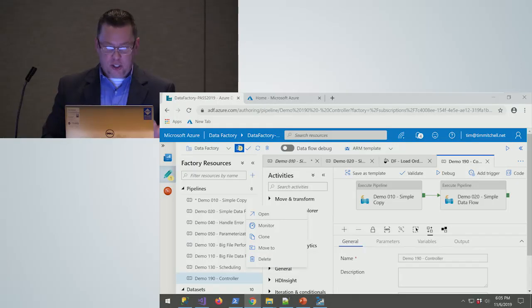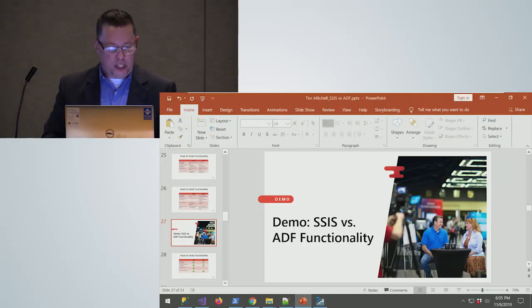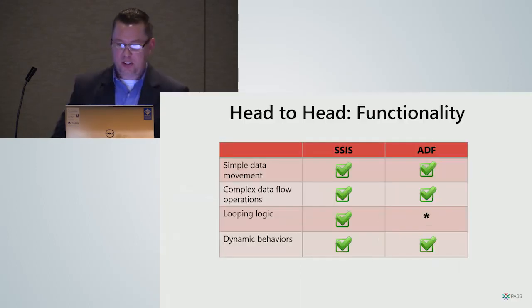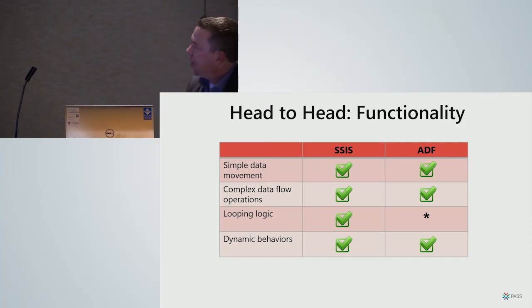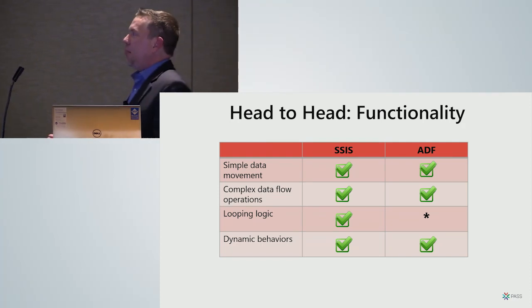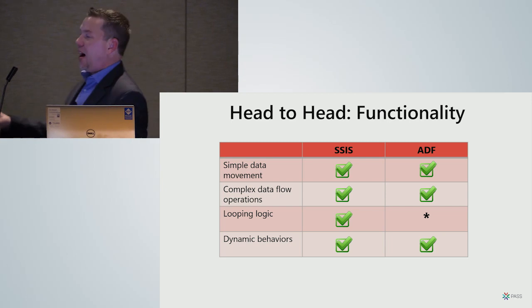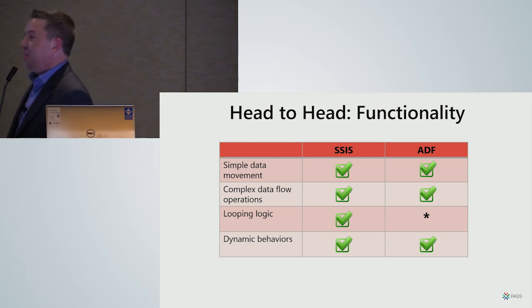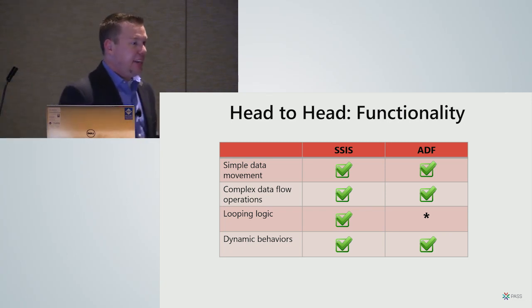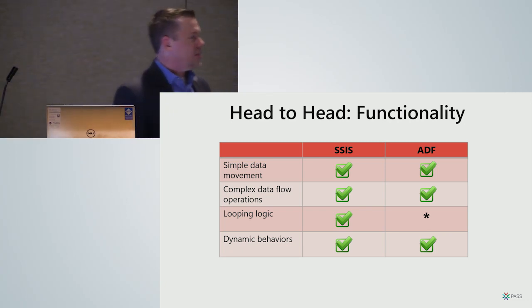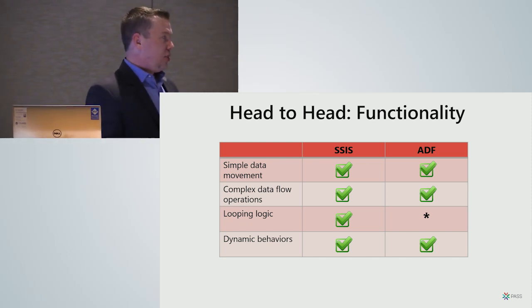So again, all your connections, your sources, your destinations are in there. You will find once you start working with those that there are some differences, performance differences, functionality differences, but if you're used to working with Integration Services, a lot of the stuff is going to be familiar. So for simple data movement and complex data movement, I gave both of them high marks in my admittedly subjective review. For the looping logic, because it does take a little more effort to do the same things in ADF as it did in Integration Services, the advantage goes to Integration Services there.